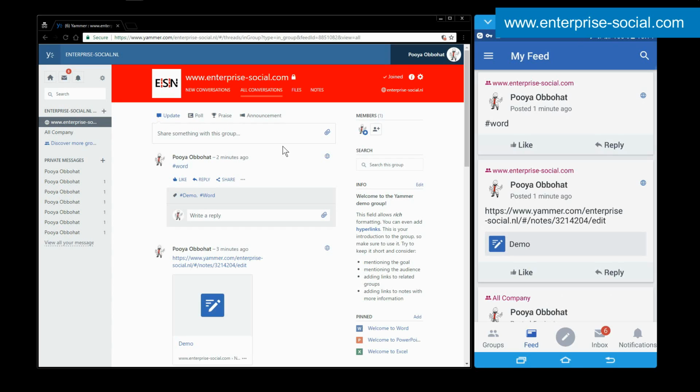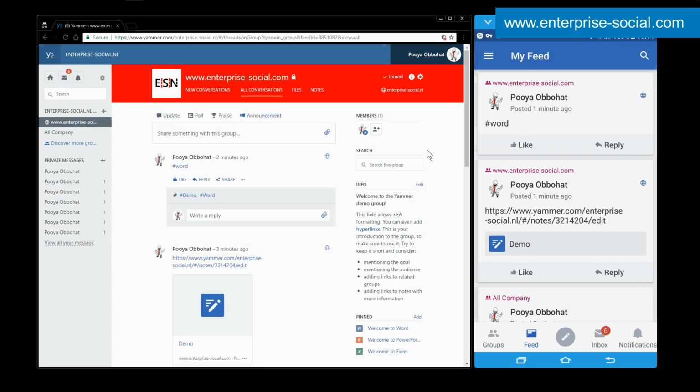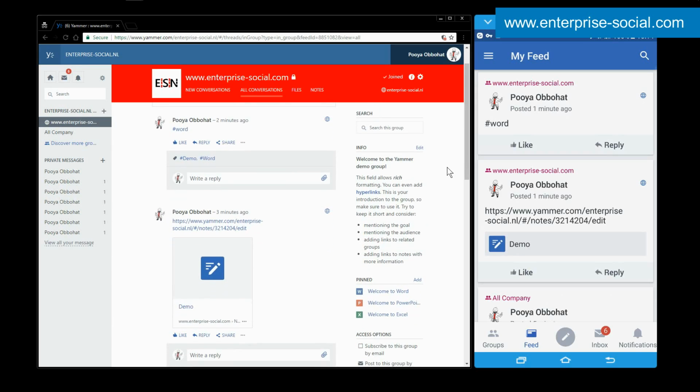The conversations are shown on the left. As an admin, you can create announcements. This info section is an important one. It's one of the first things people see and read. This field allows rich formatting. You can even add hyperlinks. This is your introduction to the group, so make sure to use it. Try to keep it short and consider mentioning the goal, the audience, adding links to related groups, and Yammer notes